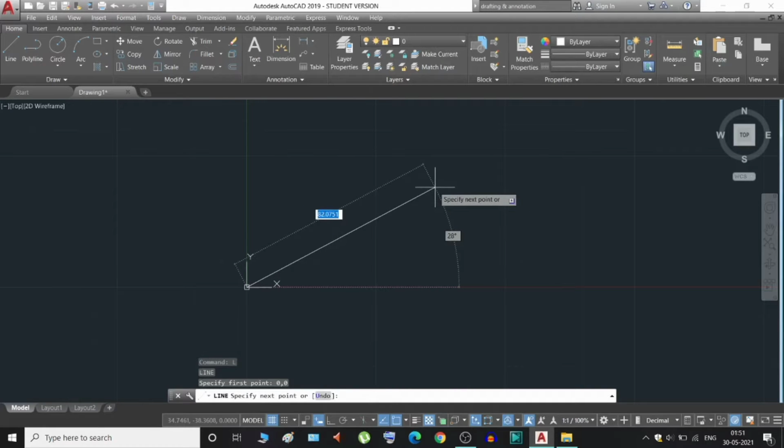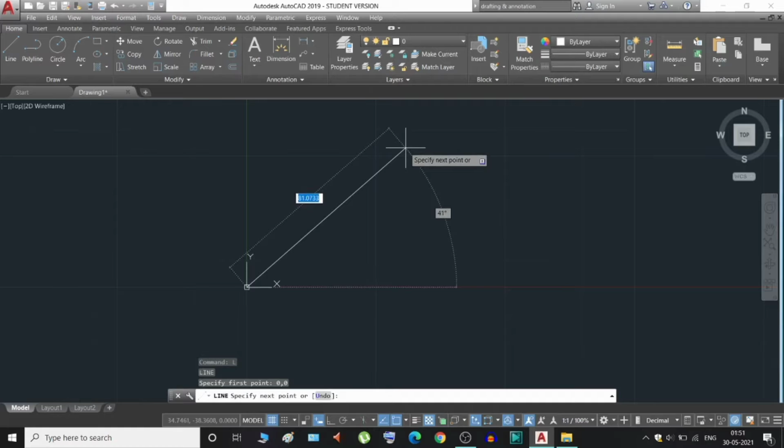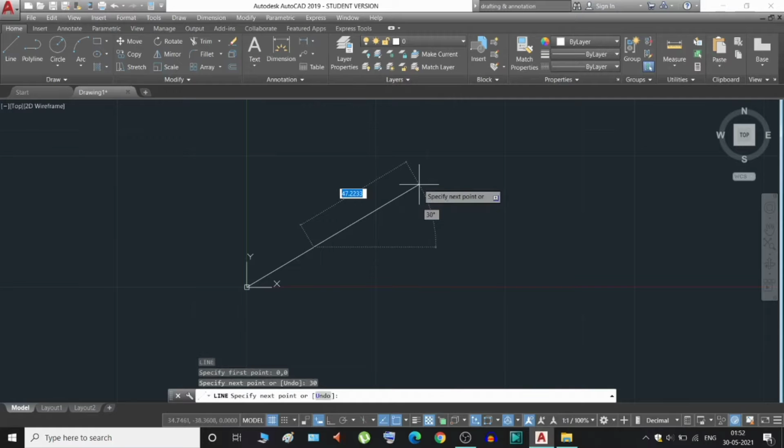You can see right here the angle of the line where you want to draw the line. So I am selecting it at 30 degrees, and then I am giving the distance of the line 30 and press enter. So the line will be created right here.